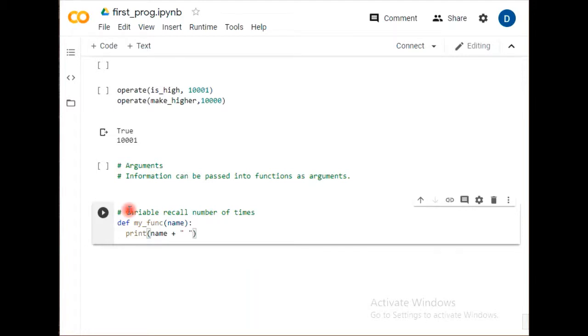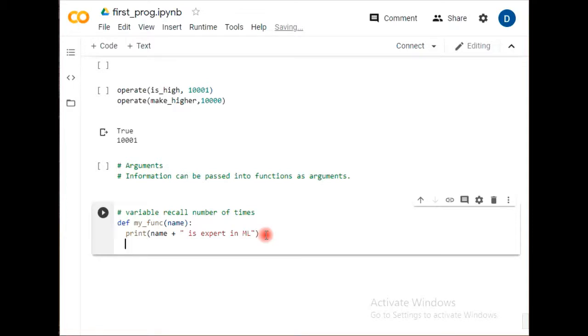So in this example, the name is expert in machine learning. See, I'm not giving any specific name here. I have defined a function, and under this function I will be giving the name.